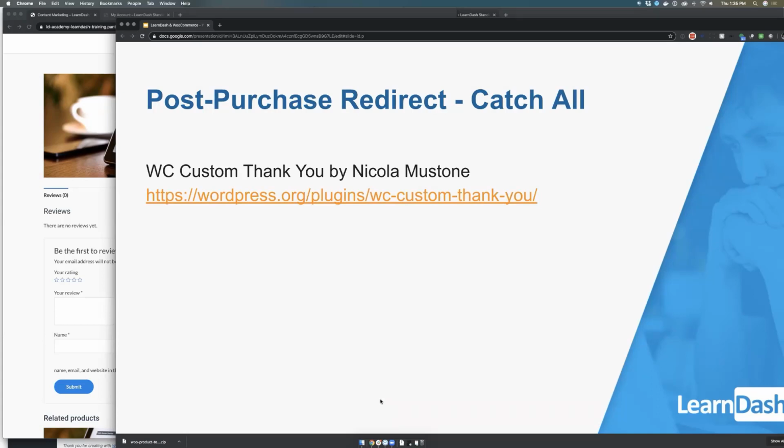So also, if you want to do a blanket custom URL, there's this WP Custom Thank You. The problem with this plugin is it hasn't been updated in 2 years, but the WooCommerce redirect function hasn't changed in 2 years. So it's a simple plugin. It does a simple function. It has like 10,000 downloads, 5-star review. So the age itself usually is a concern, but it's still a decent plugin if you need a blanket